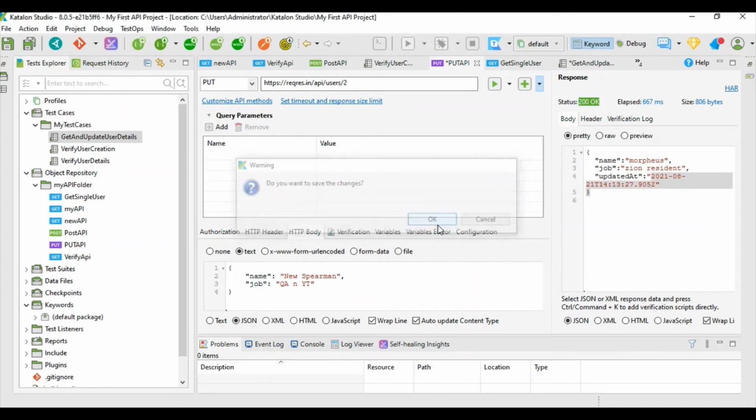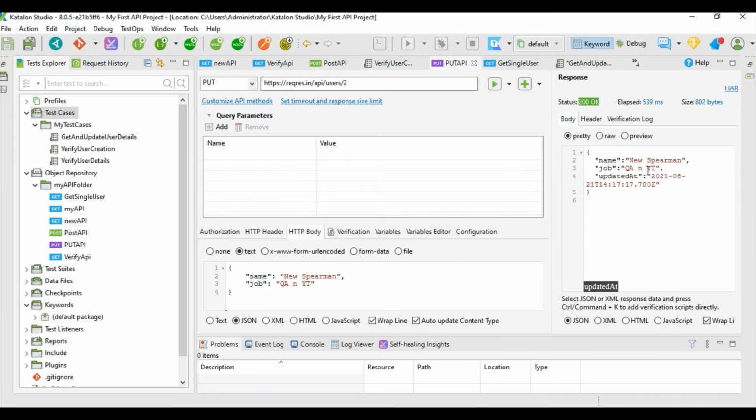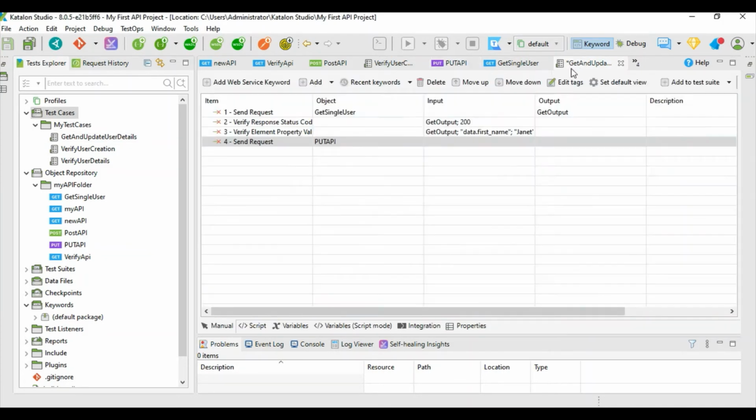So let's see if it works, ideally it should. So yeah, here we go. So we are sending in this update request, and let us name it as update output, so that we can compare it.